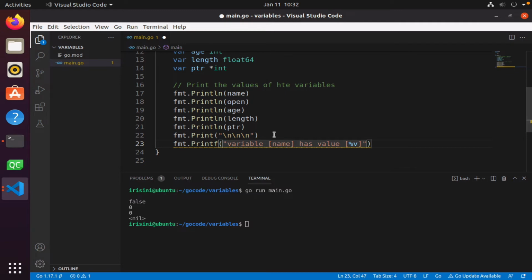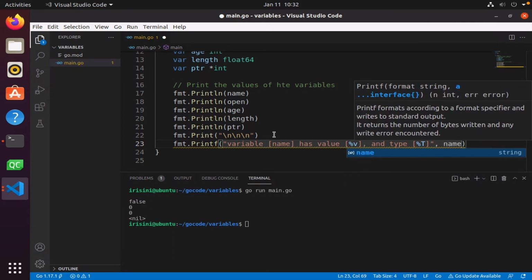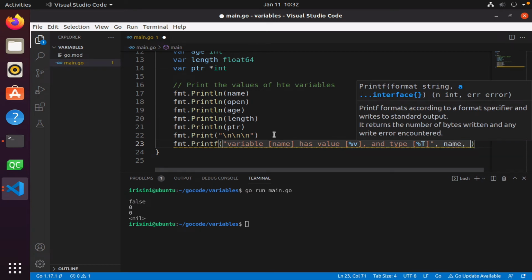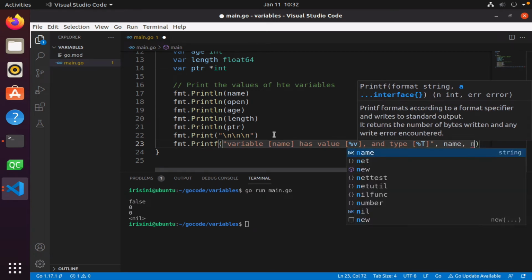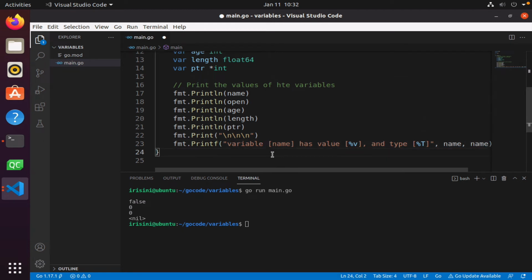Okay, and type, what is the type? Well, I'm going to use a % sign again and capital T, and I'm going to say, okay, name, oops, outside the closing quotes. Okay, name, comma, name. Okay,